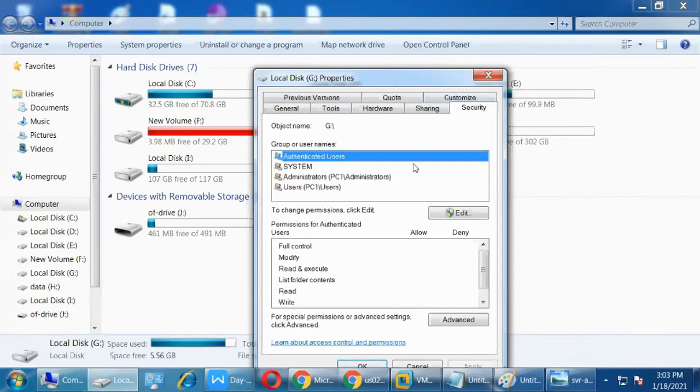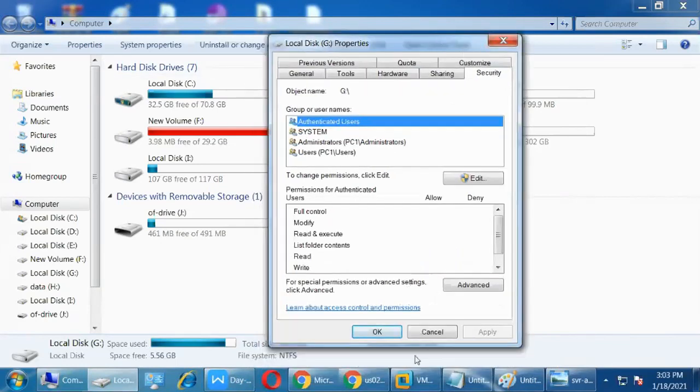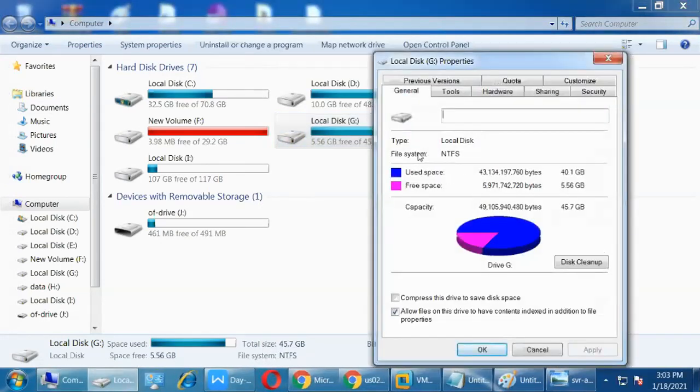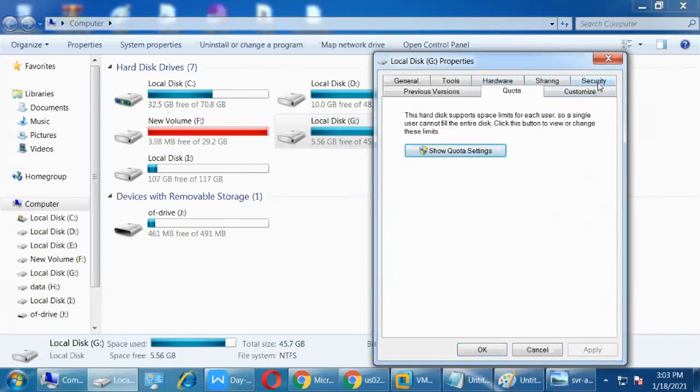Understand? Clear? Sir, can you repeat once again? Here, this is the NTFS file system. If you have the NTFS file system and right click properties, you get two tabs: one is quota, second is security.